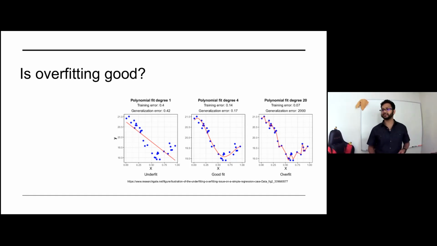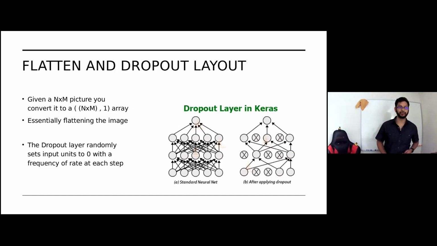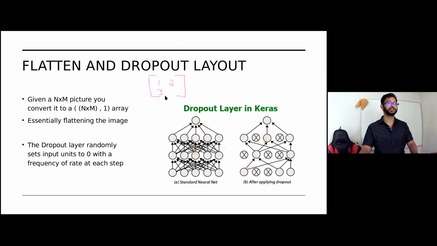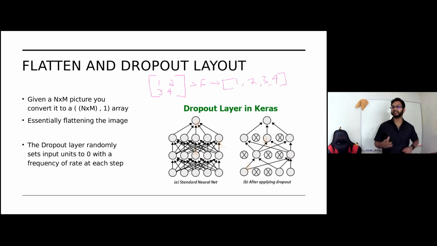Now, there were two other layers that I talked about, flatten and dropout. Well, essentially, for flatten, if you have a matrix that's 2 by 2 with 1, 2, 3, and 4, when you apply the flatten to it, you're basically compressing all of the dimensions into one, so it'll just be 1, 2, 3, 4. Which is what we did for the first test, where we essentially just shoved everything in the 728 pixels into the neural network.